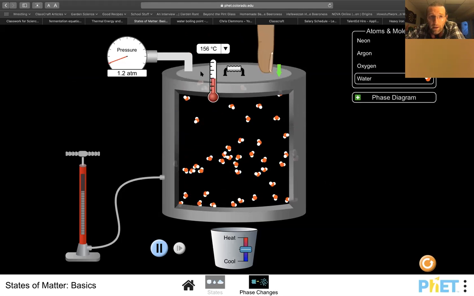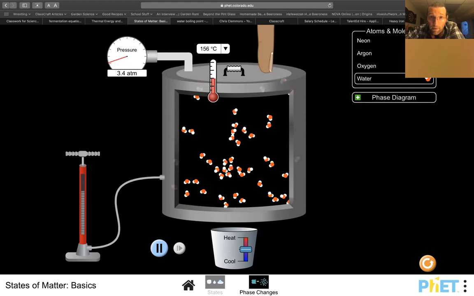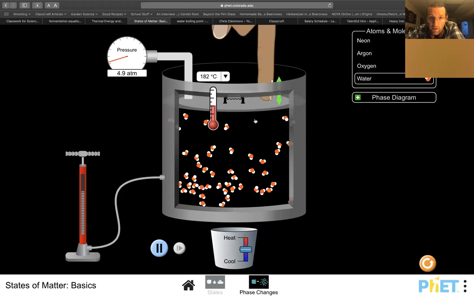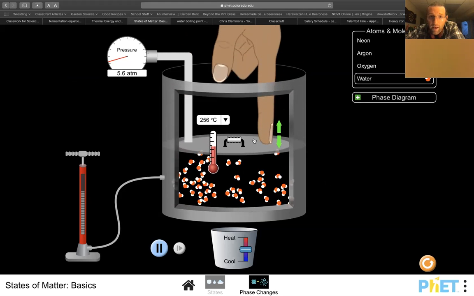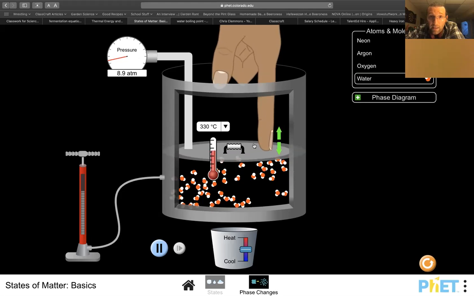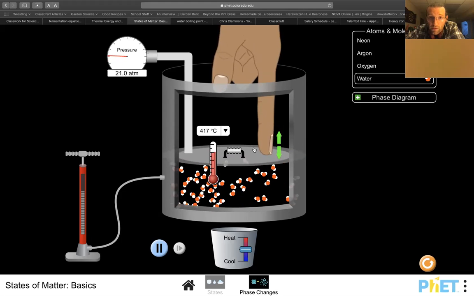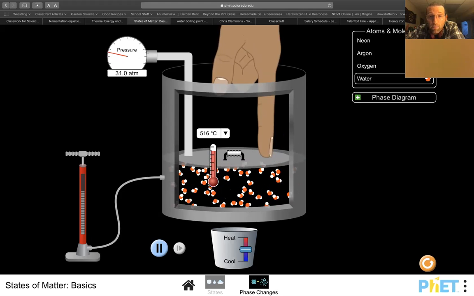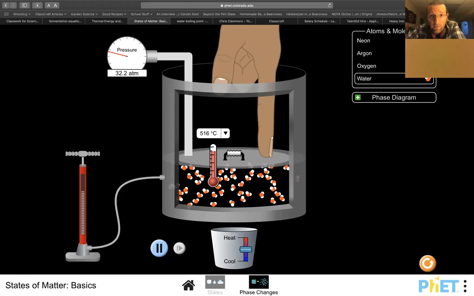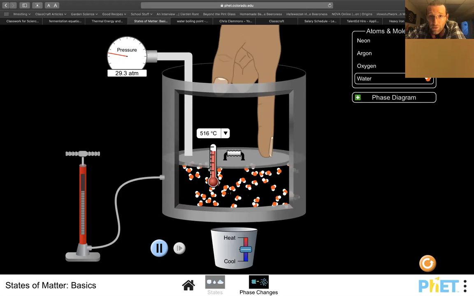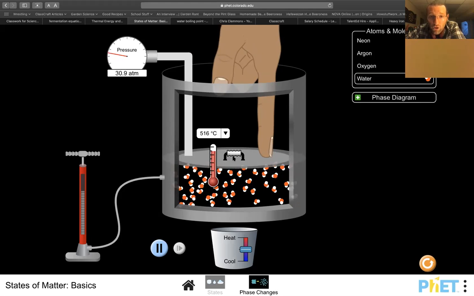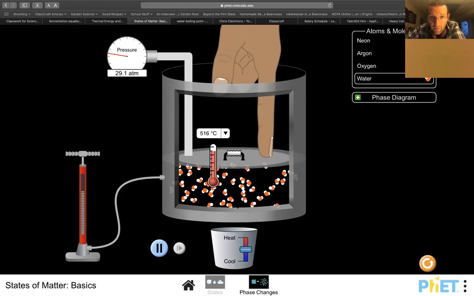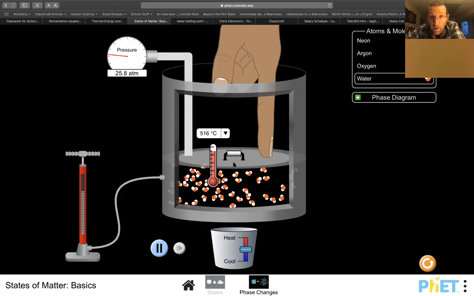other things to think about. I can increase the pressure if I keep the amount of gas in here the same. If I reduce the amount of space, I get the same effect as if I were adding heat or adding pressure. So you can see as I push down on this, there's less and less space. That means these things are bouncing against the container more often. So again, that increases pressure. The more often these things are pushing up against the container, and because it's a shorter distance to travel, they're doing it more often, the more pressure you have.